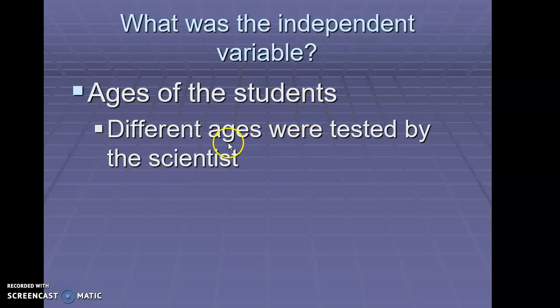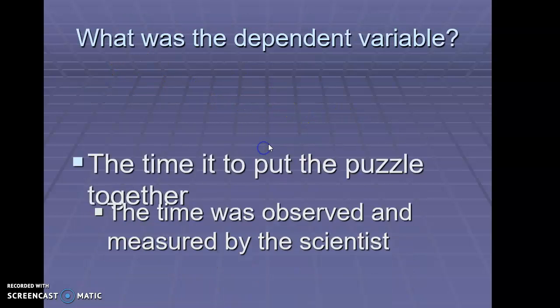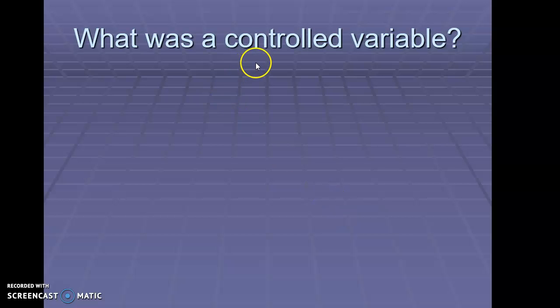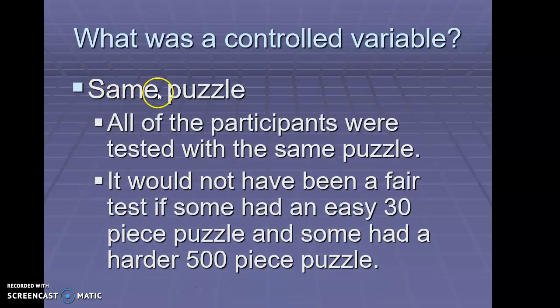So we could have chosen fifth graders versus seventh graders versus nursing home people that are older in age. So we are choosing the age of the students. The dependent variable, or what we're going to measure, is the time it took to put the puzzle together. Okay? The time was observed and measured by the scientist, and then some of the control variables were the same